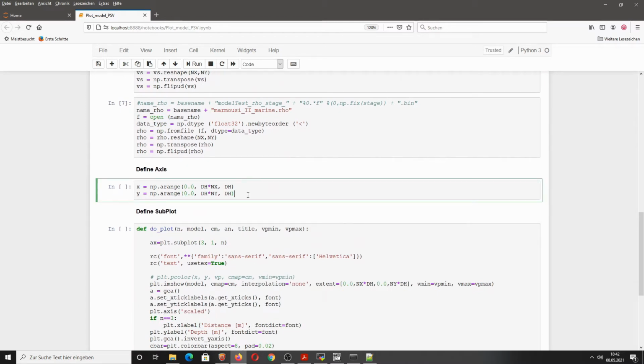Then you define the spatial axis, which is actually not 100% true. The model starts not at 0 but at grid point DH. And that should be sufficient.